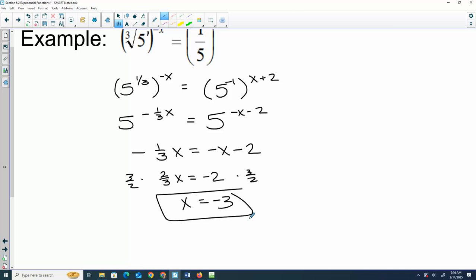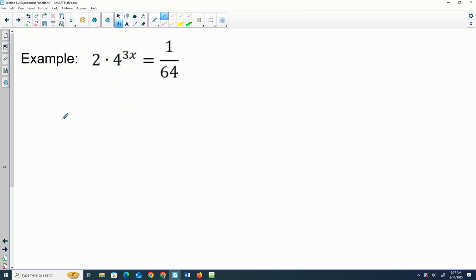All right. I want you guys to try a problem. See if you can figure out this one. There are really several different ways you could start the problem. One option, if you just went into a common base, this is a 2. How would you write 4? We're trying to get the same base. 4 is 2 squared. 1/64 would be 2 to the